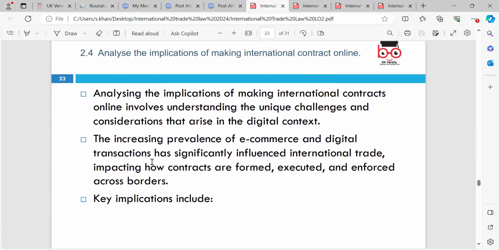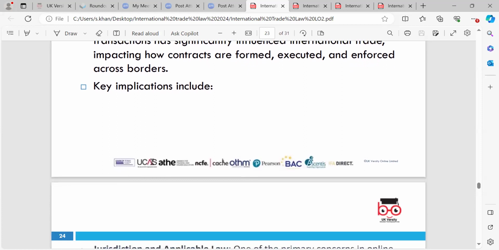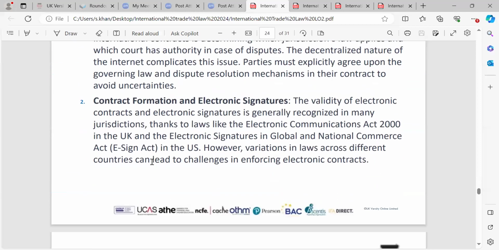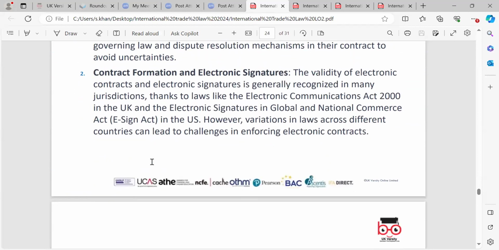2.4, analyze the implications of making international contracts online. Now, this is really important when it comes to making contracts online and taking into account the different elements that will impact on this and any sort of implications. So jurisdiction and applicable law, contract formation and electronic signatures, and this is really important in the validity of contracts,